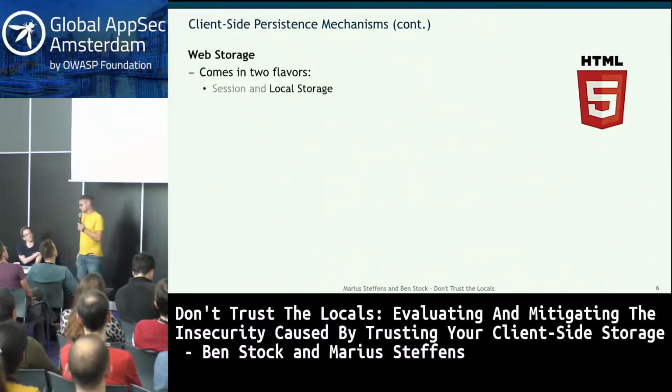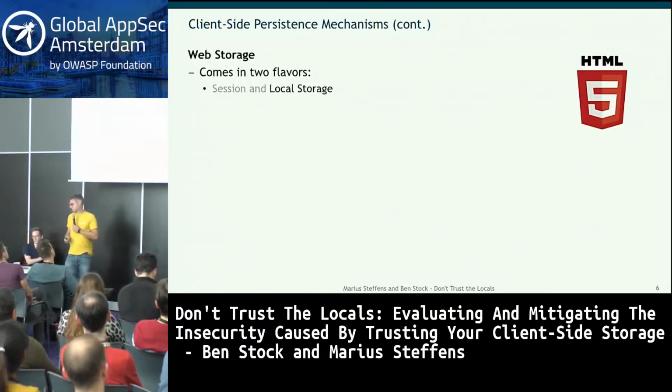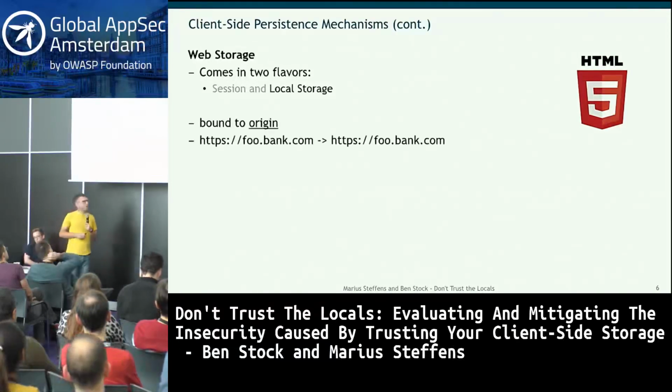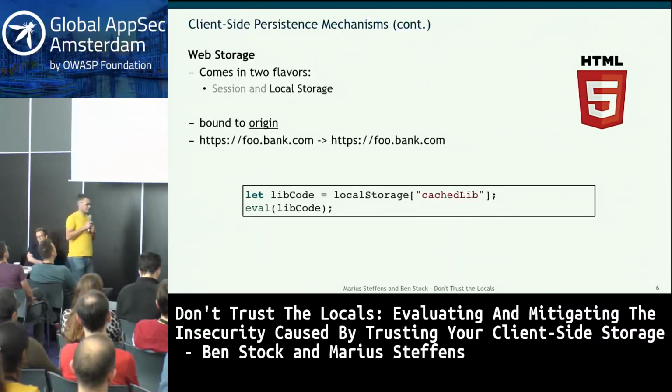So there is session storage and local storage. We'll not talk about session storage because that's storage that is only bound to a specific window, and if you close that window, it's gone. So it's not really persistent in that sense. Whereas local storage is persistent and shared across all sites of the same origin. As I said, it's bound to an origin, so that means that if you modify the local storage of HTTPS foo.bank.com, then that value is also only there for HTTPS foo.bank.com, which is important for later on in our attacker models. And then this is a second sink that we consider for client-side XSS.